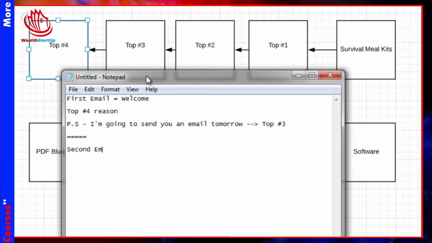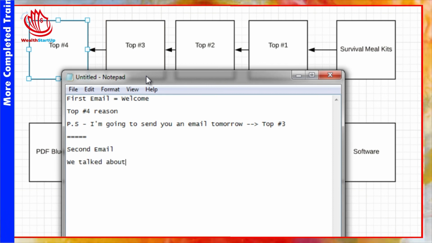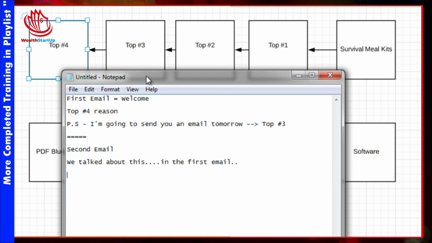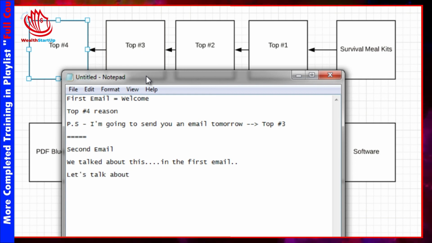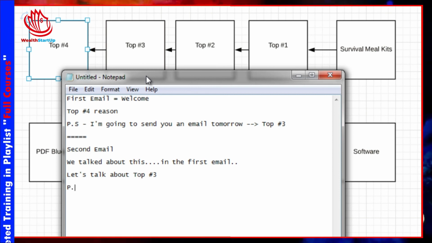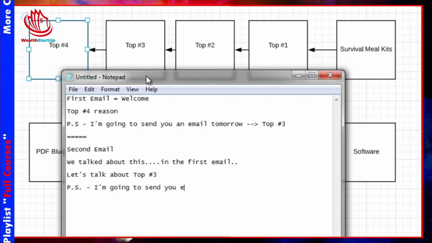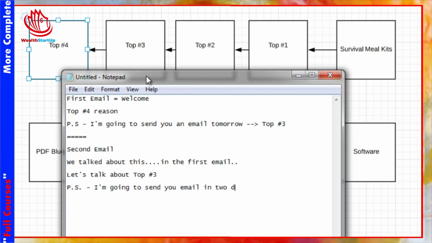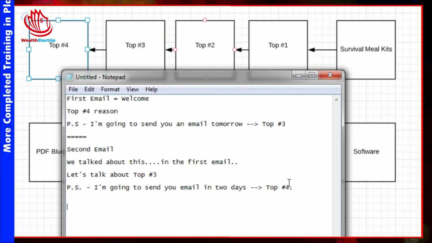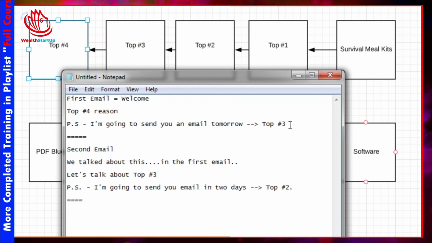The second email is going to be, all right, so we talked about this in the first email. Let's talk about top point number 3. And then, of course, in the PS, you're going to say, I'm going to send you an email in 2 days for top point number 2. I don't really need to go on, but the point is you need to